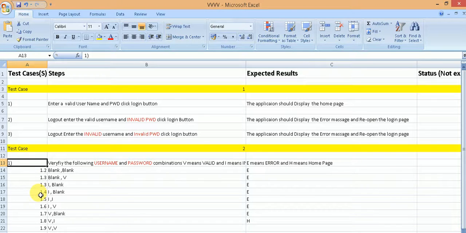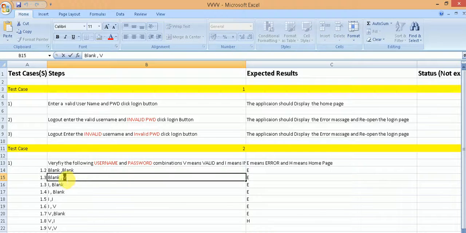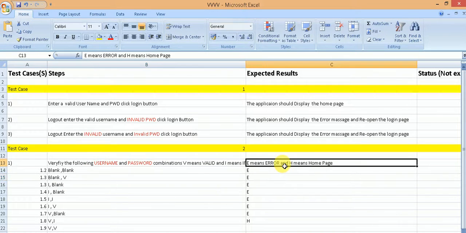Well, it has different steps over here, and you can see that the very first step says verify the following username and password combinations, and there is a legend which says V means valid and I means invalid. And in the expected results, it says E means an error message and H means the home page.